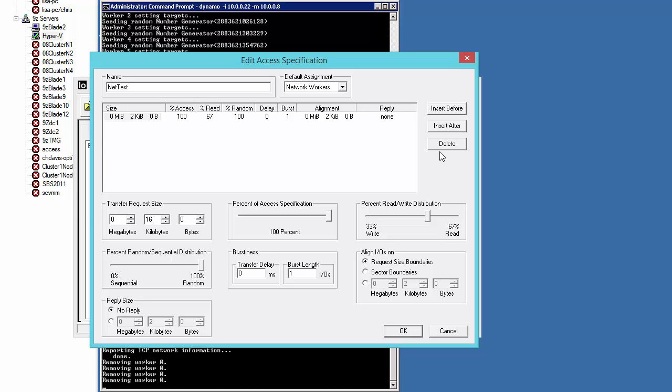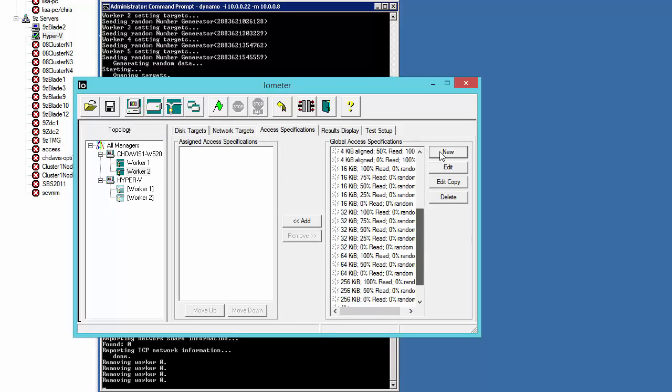And then the random/sequential distribution should be 100% sequential. And it's random right now, so we move that over. And then transfer delay should be at 0 milliseconds, which it is by default. And then the burst delay length should be 1, which it is. And then assign IOs on sector boundaries, so we'll need to change that radio button right there. And then reply size should be no reply, which it is. So as long as you haven't got anything changing your defaults here, this test should be 3 changes and you're good to go. And after doing that, it has put that in net test right here,